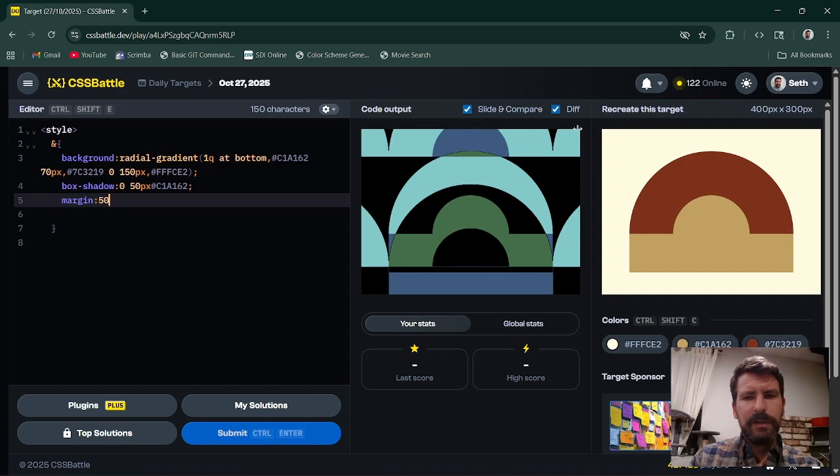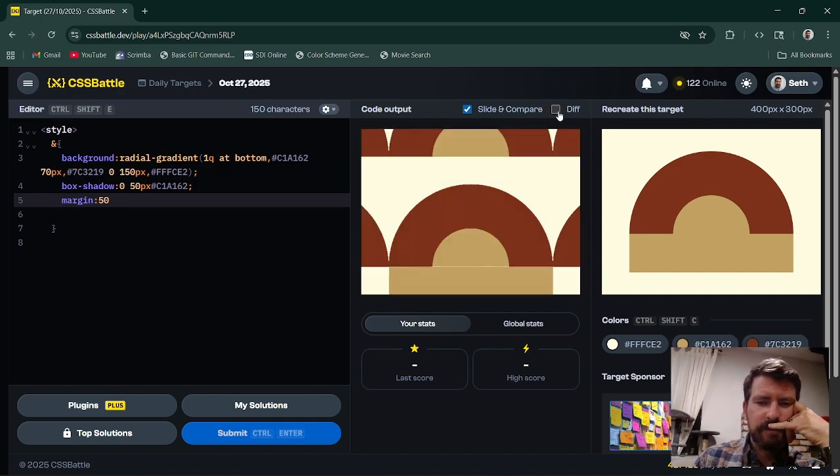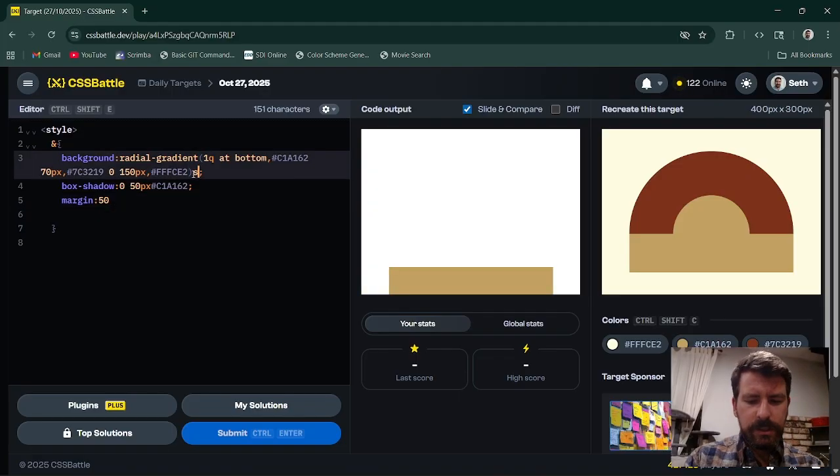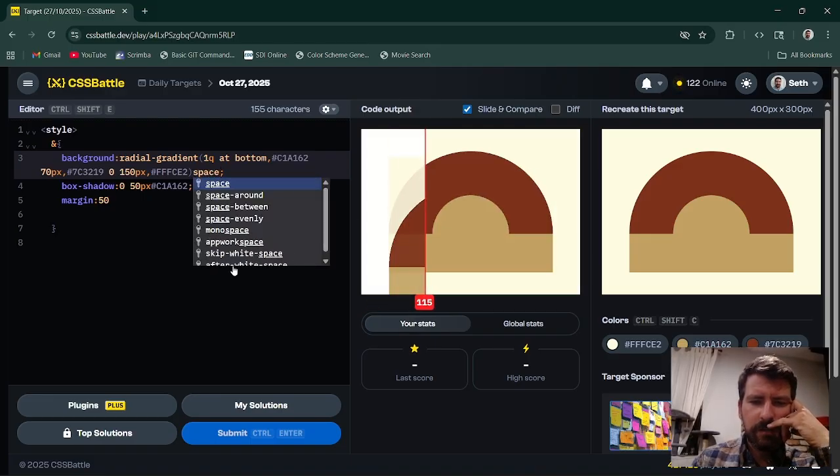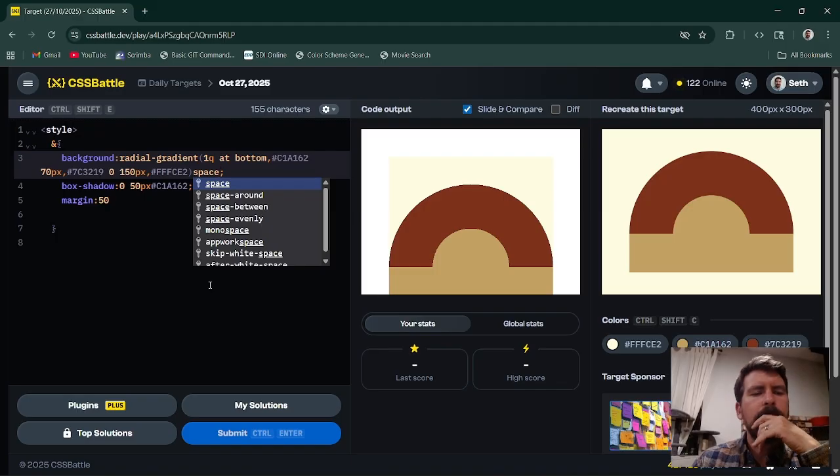Ooh. Oh, that's the downside of margin. I could put a no repeat on this, but that's a lot of characters. What if we did space? There we go. But then, because of our margin, okay, so maybe,